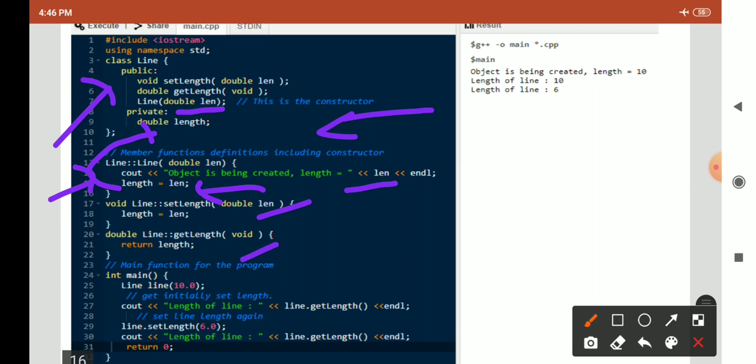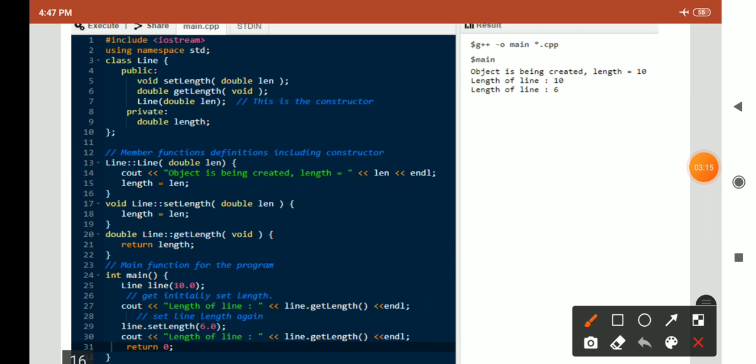Let's see how to execute this program. The program starts with the main function. Here we create one object of class Line, and we pass one parameter, that is 10.